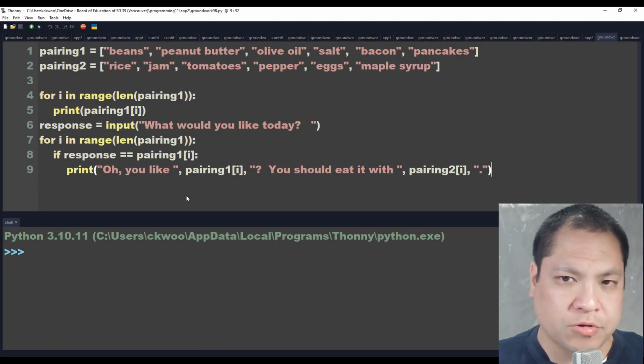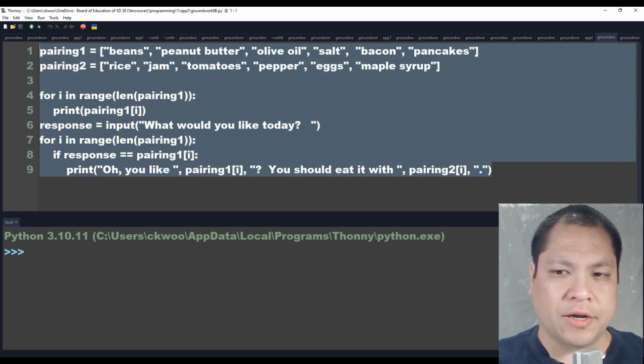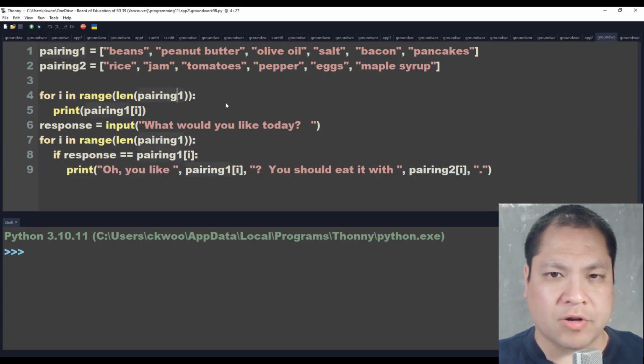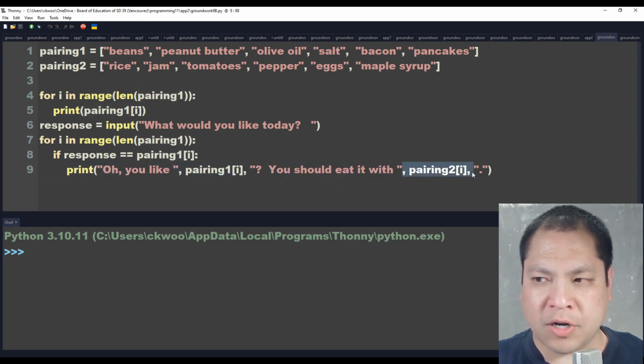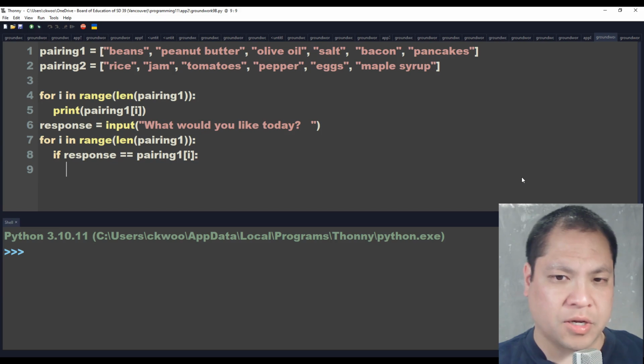Alright, in this lesson we're going to look at another way that we can use for loops with the list index. So I've kept up my little example from last time from Groundwork 9a, because most of it is actually going to be the same. But what we're doing a little bit different is instead of finding pairing 1 i and pairing 2 i, we're actually going to change this one into something like